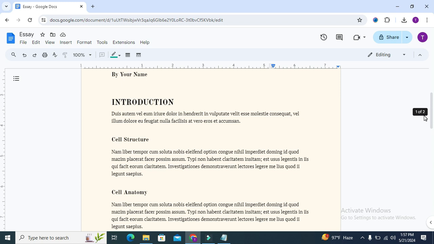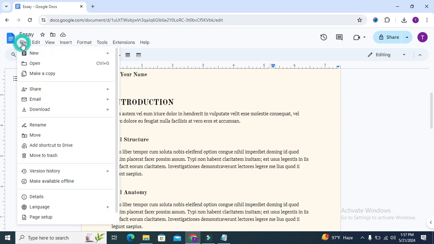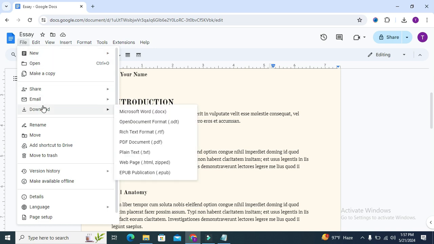To convert Google Docs to rich text, go to your Google Docs and open the document, and then click on the File tab on the upper left corner, go to Download, and here you will find Rich Text Format .rtf. Click on Rich Text Format